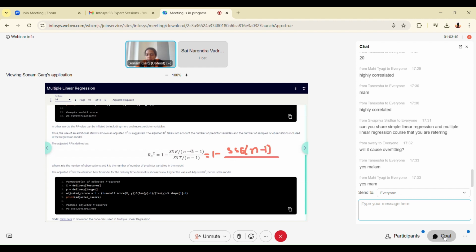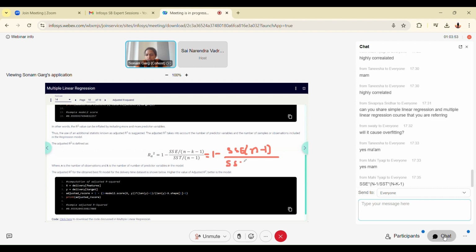And this n minus k minus 1 will go down along with SST. So this will become SST upon n minus k minus 1.